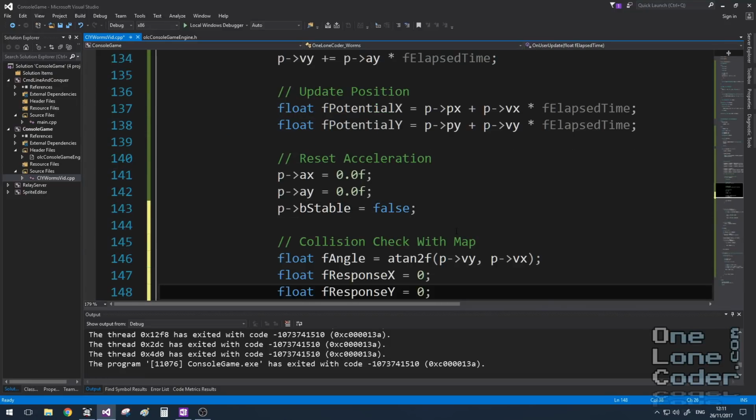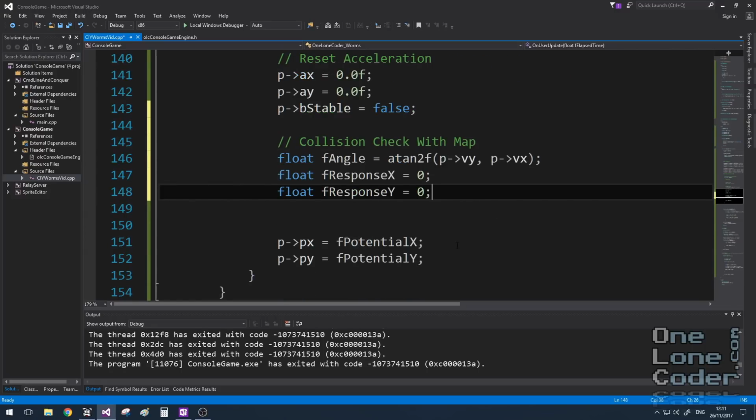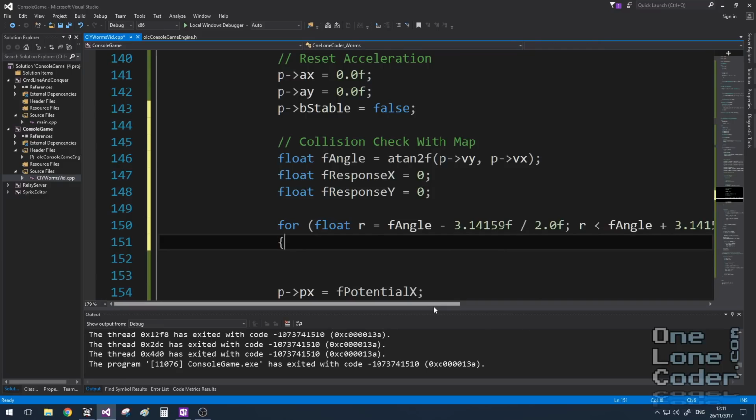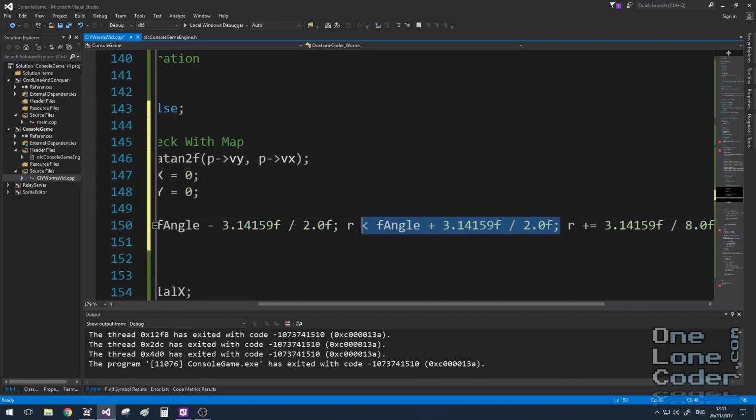Let's add in collision detection. And this is just collision with the map, not collision between objects. The first item I'm going to need is the actual angle in radians derived from the velocity vector, as we saw for the rotation of the wireframe objects before. I'm also going to create an x and y component of my response vector. Once I know this angle, I'm going to create a for loop which iterates from one side of the semicircle to the other,